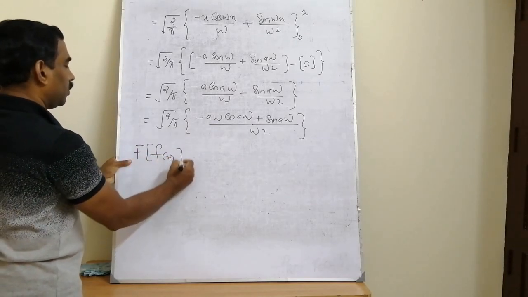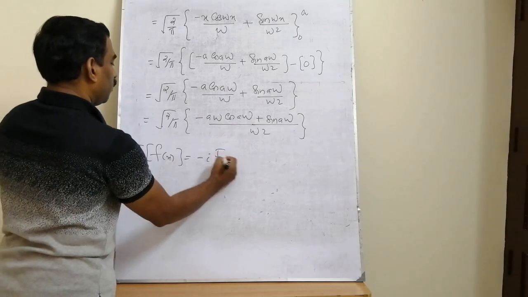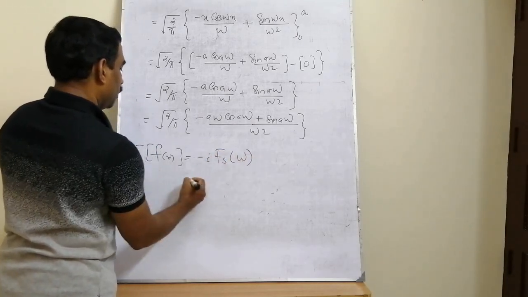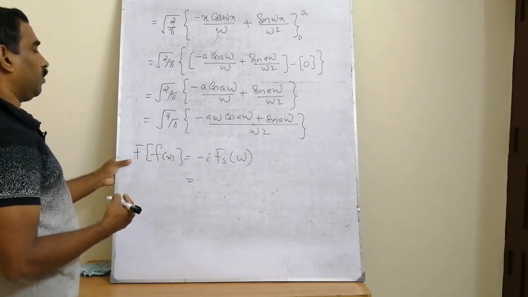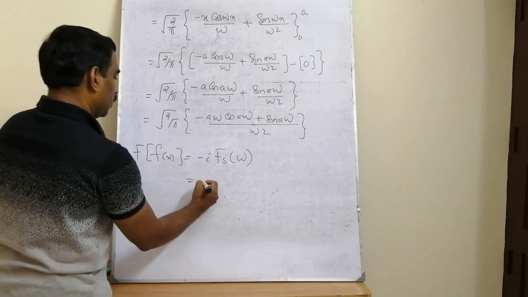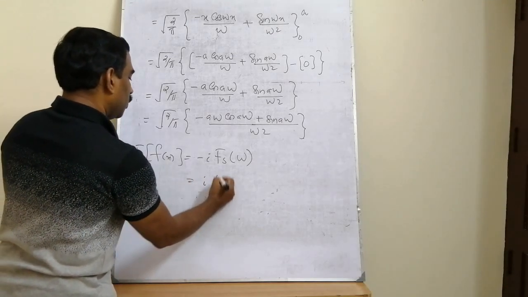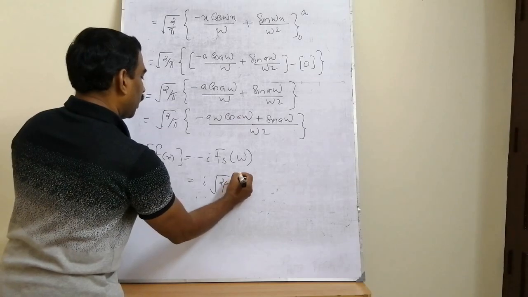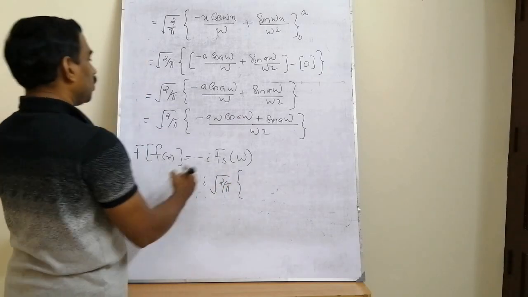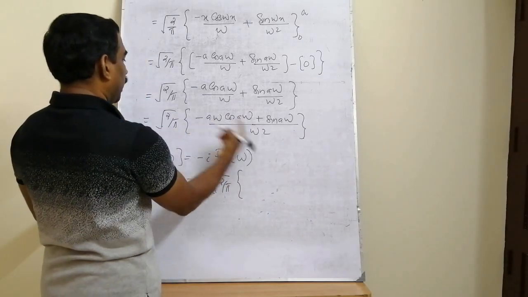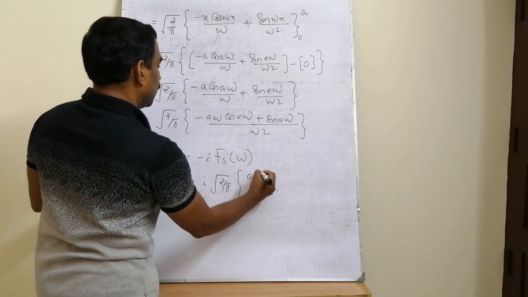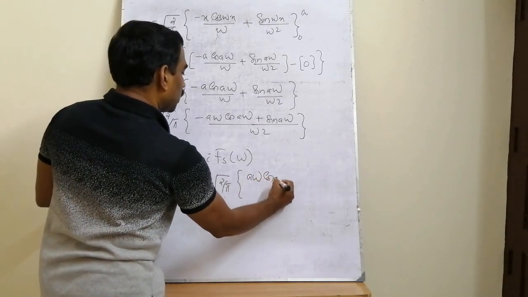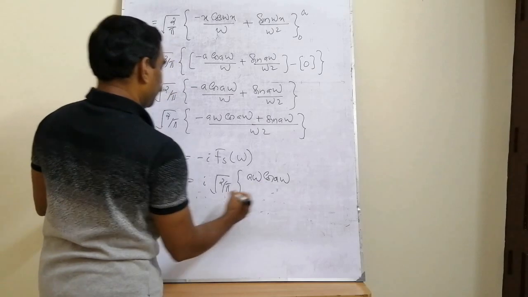The complex Fourier transform capital F of f(x) is equal to minus i into the Fourier sine transform. So we are multiplying this entire quantity with the minus i. So this is equal to i into square root of 2 by pi. So minus into minus, the first term is plus, that is a omega cos a omega divided